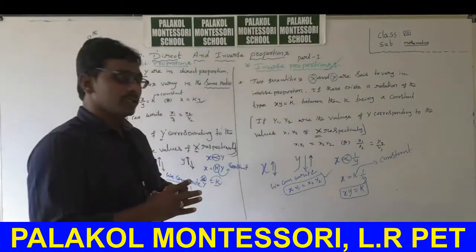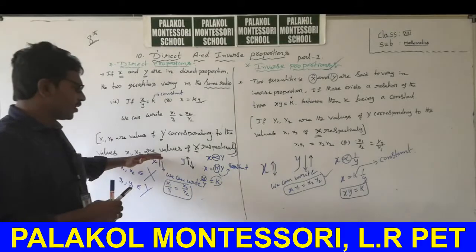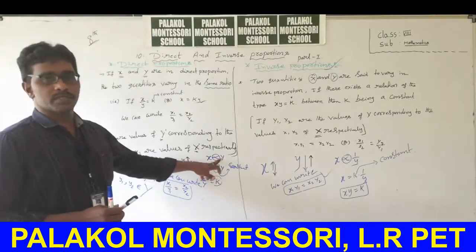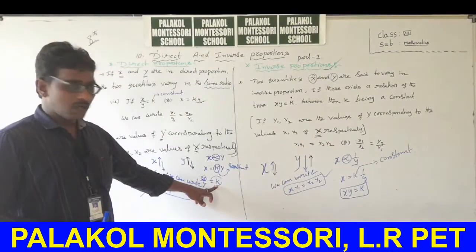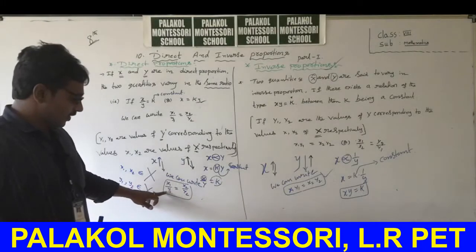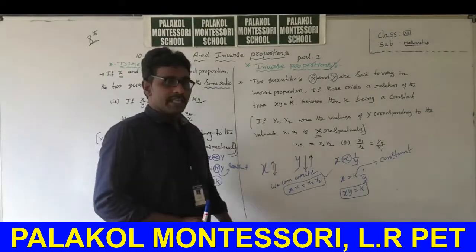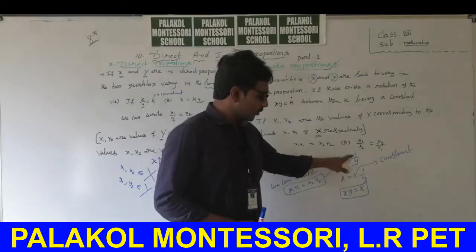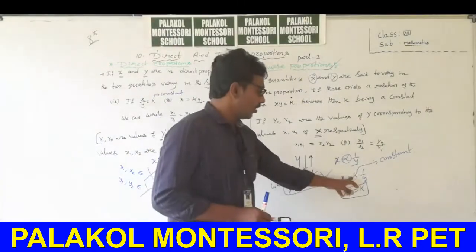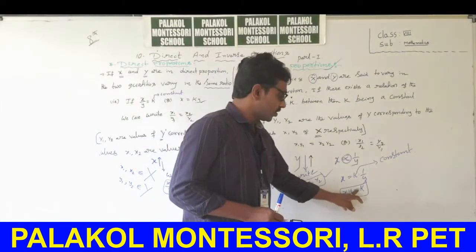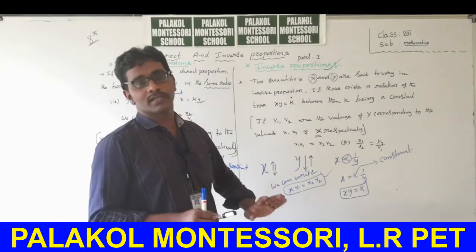So finally, keep these four points in your mind. Directly proportional, x is directly proportional to y. In that situation, x by y is equal to k. The relation is x1 by y1 is equal to x2 by y2. Keep this point in mind. Now the next point. Inversely proportional, x is inversely proportional to 1 by y. Is it clear? So x equals k of 1 by y, xy is equal to k. You can write x1 y1 is equal to x2 y2. Keep these points in mind.